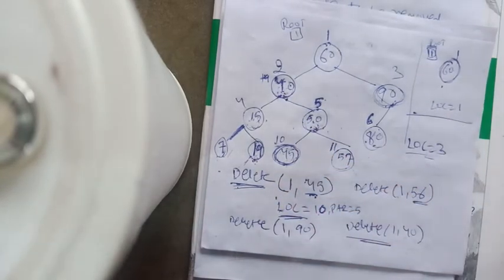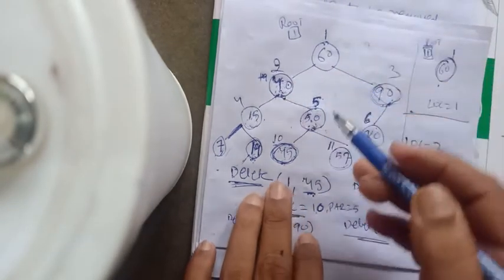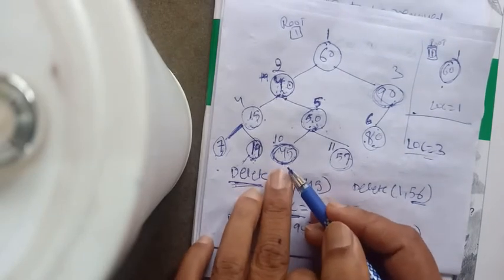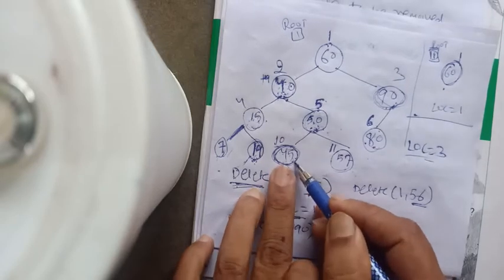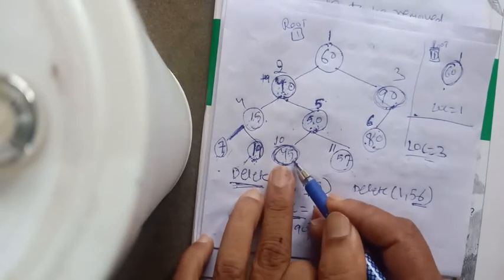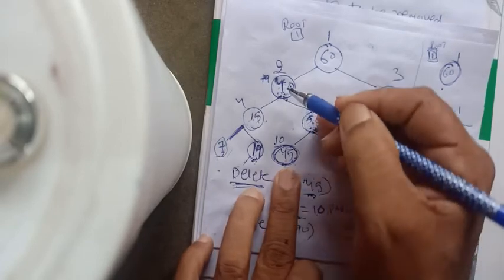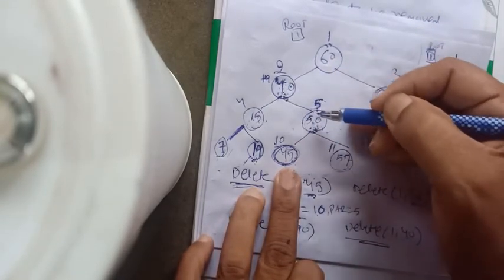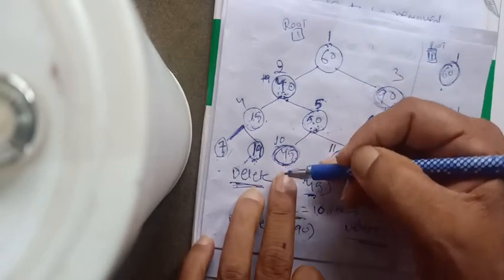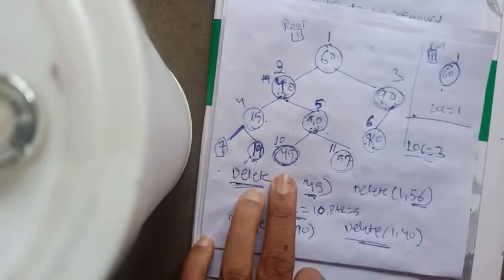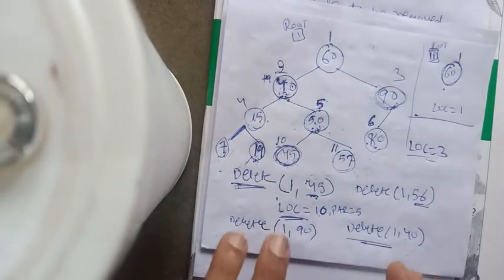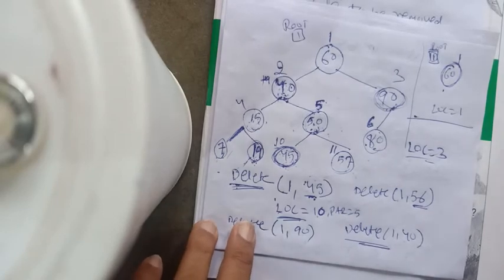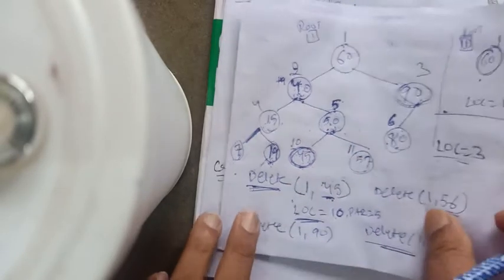So the binary search tree nature remains intact. When 45 is copied here, that 45 will be either a leaf node, or it must have only a right child, just a single child, because I am saying 45 is the smallest data in the right of 40. So you could have copied 45 here, and then you could destroy 45. These are the two choices available if you want to remove a node which has both children.